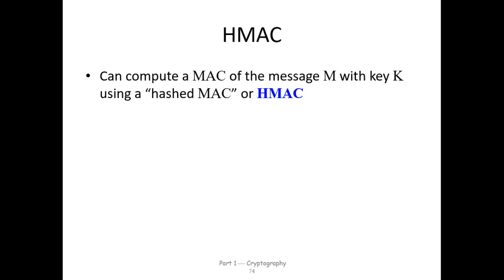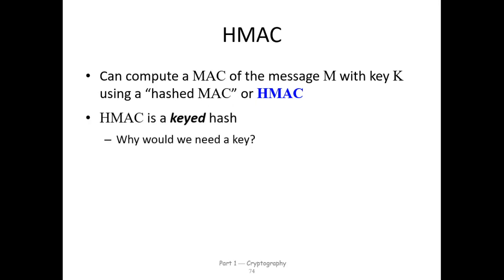So what this HMAC gives is nothing but authentication. It gives authentication between Alice and Bob. We can compute the MAC of the message M with key K using a hashed MAC, or what I can call HMAC. We will not send only the message authentication code, either by Alice to Bob or by Bob to Alice, but instead a hash value of such MAC will be calculated and sent to the other end. That is what we can call a hashed MAC.